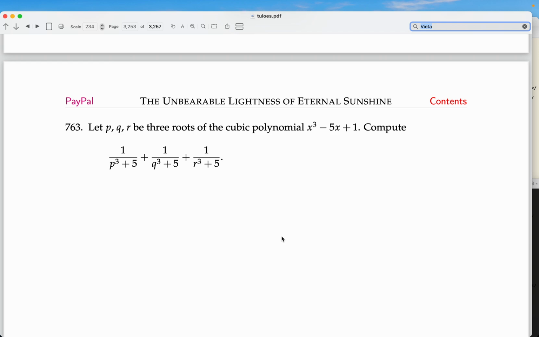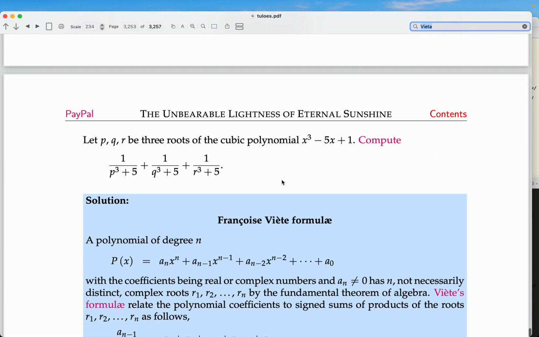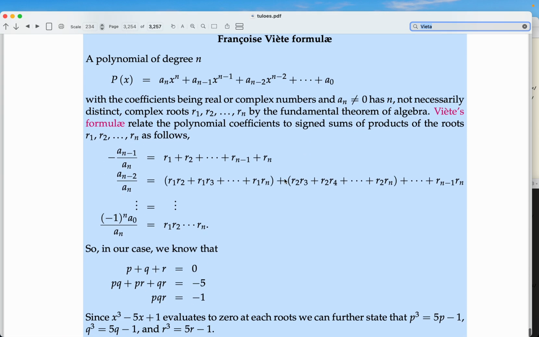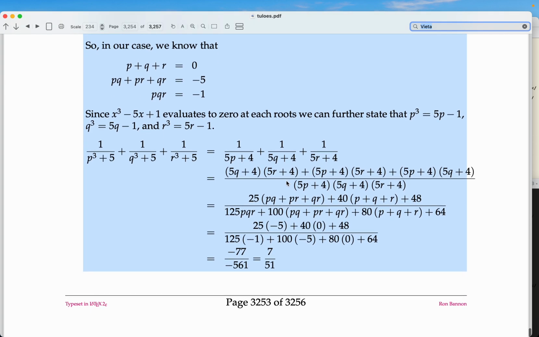Okay, we're on problem 763, and we're looking at a cubic polynomial, and we're told it has three roots, p, q, and r. We want to do paper and pencil work to actually compute the expression they want me to compute, and we were using François Viète's formulas. And to get that, although it's a little bit of work, and certainly multiplying it out, things like that, but realizing that the